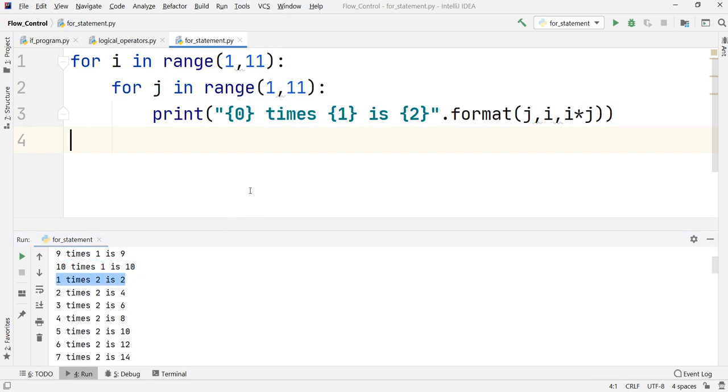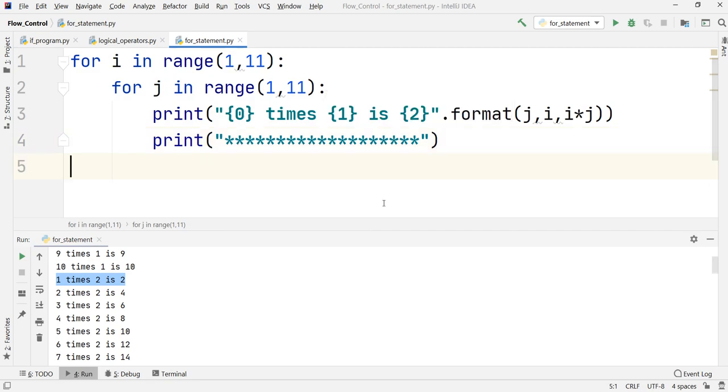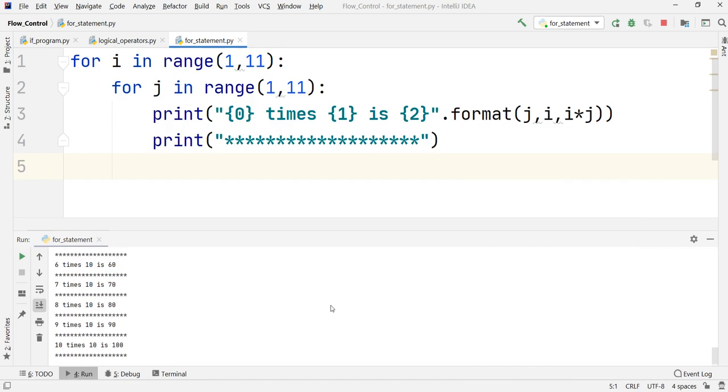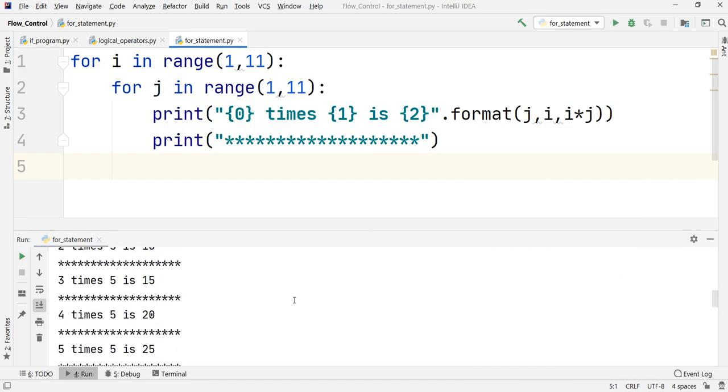I'll have to be very careful while putting the separator, because if I press enter and put that separator, suppose I print the separator as stars only, I want to print this line of stars. Let us observe what happens. If I run this code, the separator that I have put will come after each line, which we don't want.